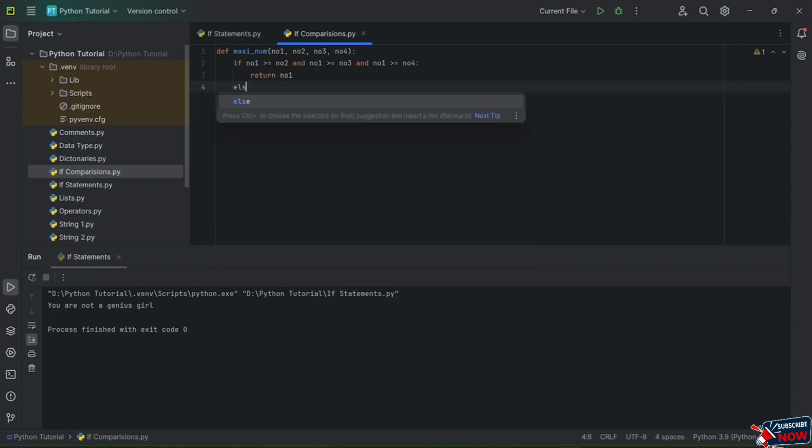Now I will click on enter, and I'm going to put out the elif function. Over here let's put the elif function, and in the elif function let's put,